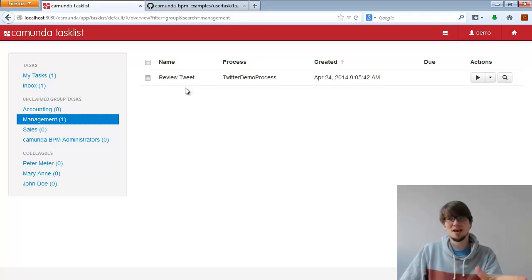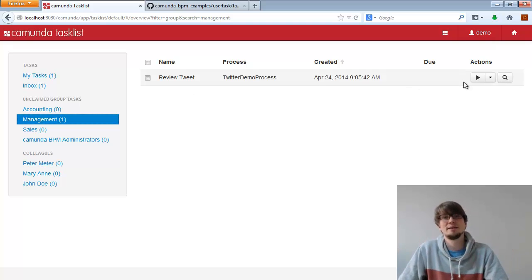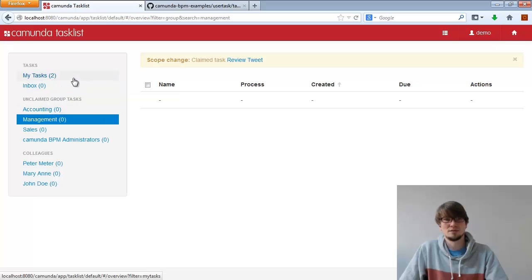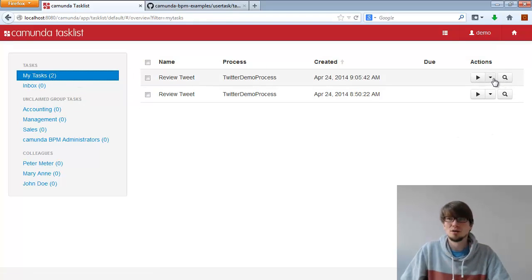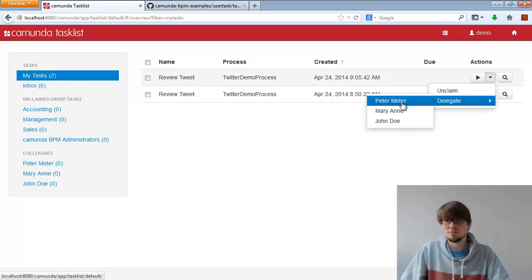Okay, so in this case, I would have to write some code which basically queries all the users from the management group and sends them an email if I want to do that. But we haven't done that here. But as soon as I am assigned, because it might be pushed to my task list or somebody delegated it to me,